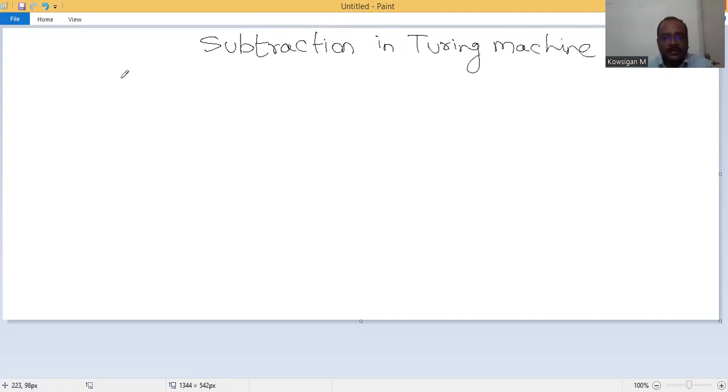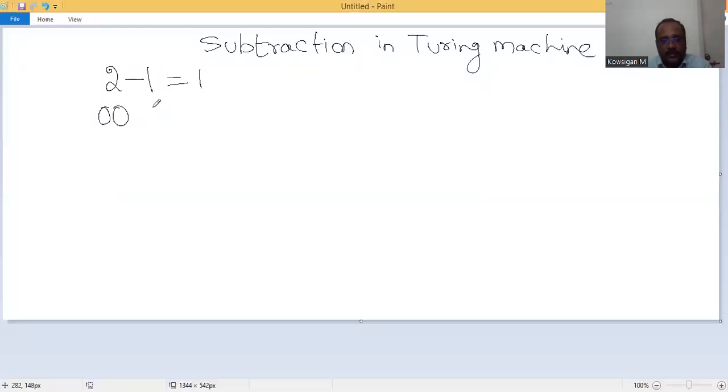So subtraction in the sense, we will be comparing the two numbers, and the common or the subsets of the numbers will be eliminated. For example, if you are having 2 minus 1, 1 is subtracted from 2, which means you will be having 1 remaining. So how it can be mentioned in binary format is, this 2 can be represented as 2 zeros